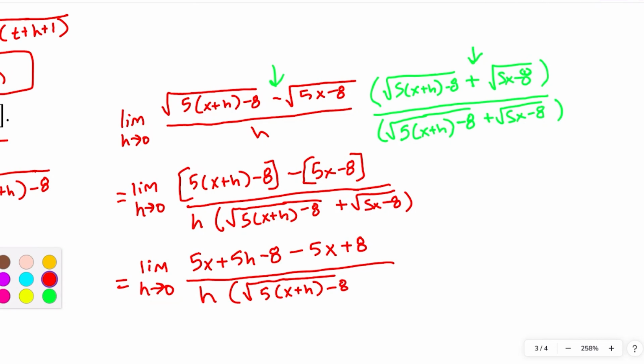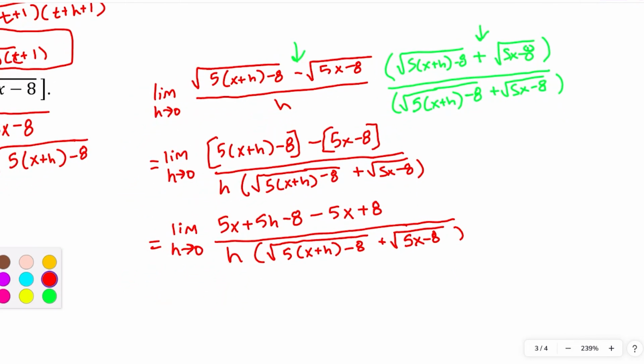Really got to pay close attention to detail here. There's so much stuff going on in this expression. If you miswrite one little thing, you can throw the whole thing off. So just take your time. Write one term at a time. Let's look back at that numerator. We got 5x minus 5x. Those are going to sum to 0. And then we've got 8 minus 8, which sums to 0. And then you can see that we've got this h over h, which reduces to 1. Right? This will reduce to 1. So what we're left with